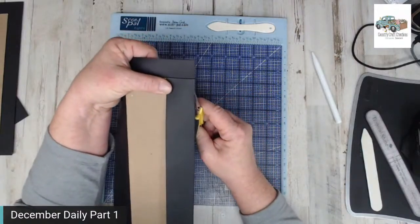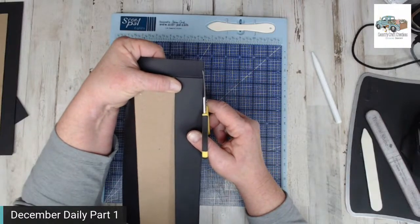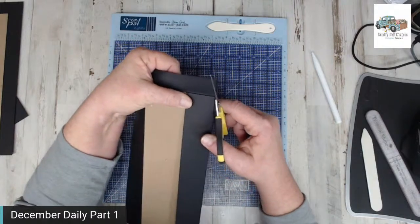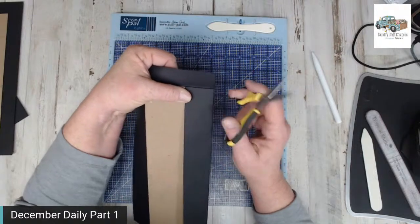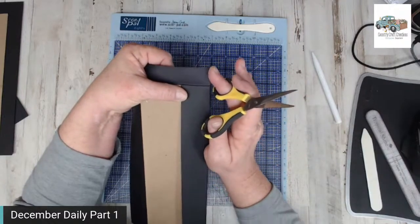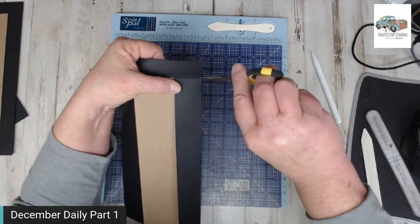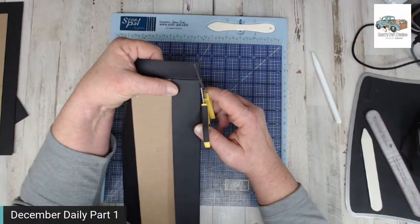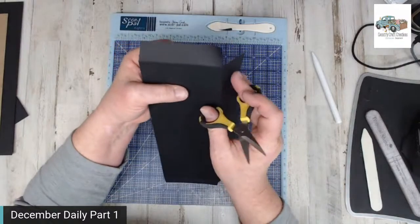I'm going to use this chipboard because I know a lot of you are beginners. I use it as a stopper. See my scissors? They won't go anywhere. But if I put it up, I can rotate my scissors. The whole thing about this or any bind when making a box is you've got to keep that straight line. You don't want to lose that straight line right here that's connecting where this intersection is. So use your chipboard as your stopper and then point your scissors inward. See, it's going to keep it straight, but it won't take off too much of that edge,